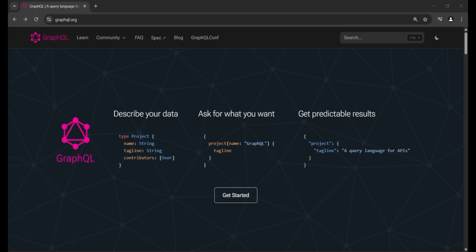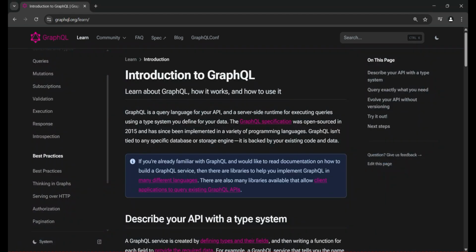So today we are kicking off a brand new tutorial series on GraphQL, one of the most trending technologies in modern web development. But before we dive in, let's first understand why GraphQL is gaining so much popularity over REST APIs. So basically, GraphQL is designed to optimize data fetching by allowing clients to request exactly what they need. Nothing more, nothing less. This helps to reduce unnecessary data transfer and improves performance, making it a powerful alternative to the